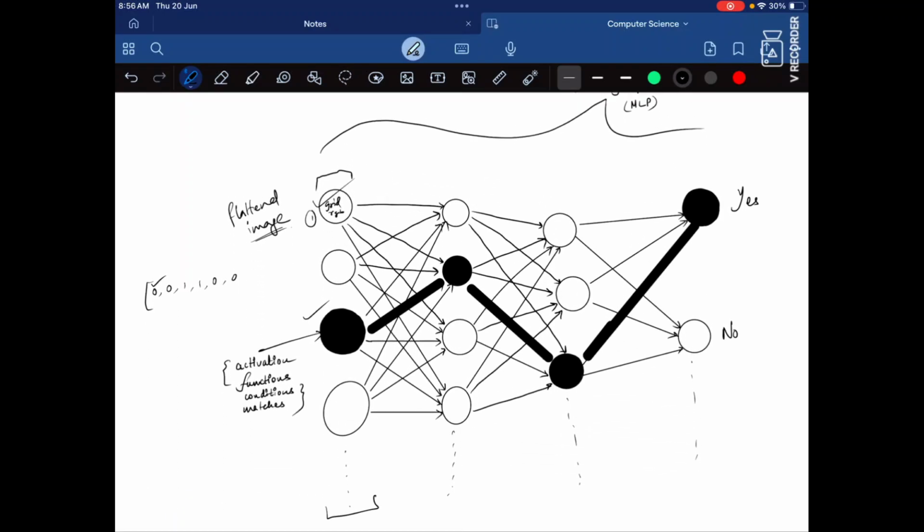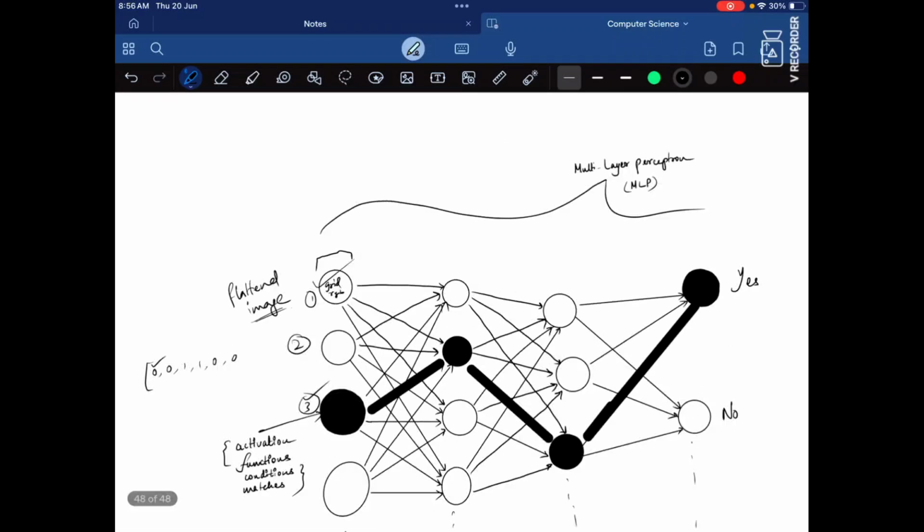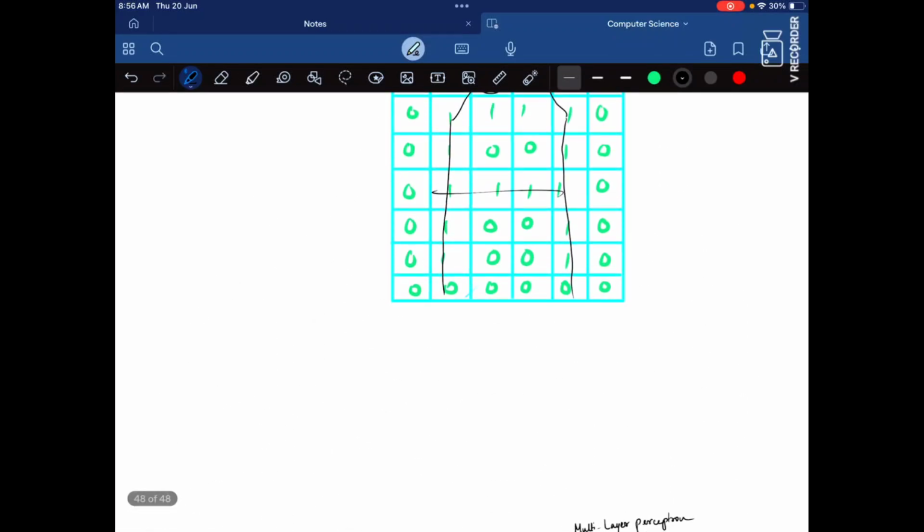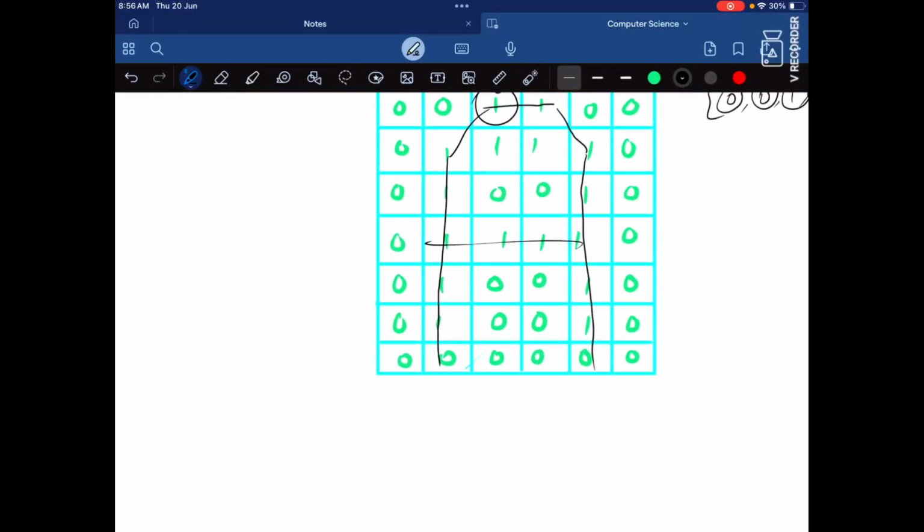See, first, second, third. The third node determines that yes, the value of the pixel is indeed 1. That is, the object's features match this function. So third is selected. Third's activation function is accepted.